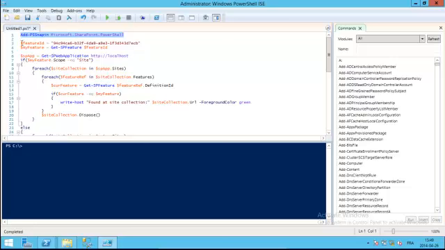Then in here, this is the tricky part. I have the feature ID of the feature I'm looking for. This GUID you see there is for the publishing web feature, which is scoped at the web level. If you want a full list of all the feature IDs that come out of the box for SharePoint, you can go on MSDN. There's a bunch of articles giving you the IDs of every single feature that you have with the Enterprise,